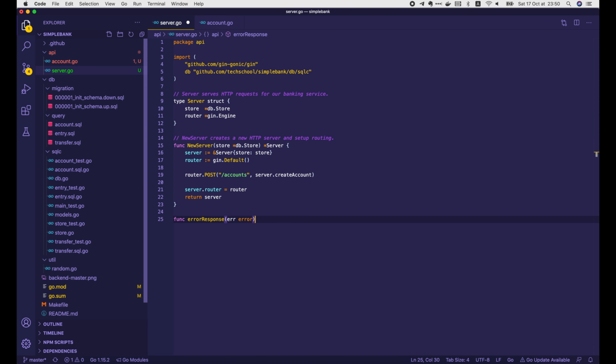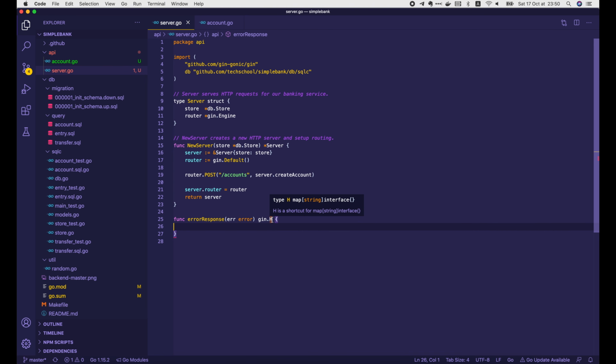This function will take an error as input, and it will return a gin.H object, which is in fact just a shortcut for map[string]interface{}. So we can store whatever key-value data that we want in it. For now, let's just return gin.H with only one key, error, and its value is the error message. Later we might check the error type and convert it to a better format if we want.